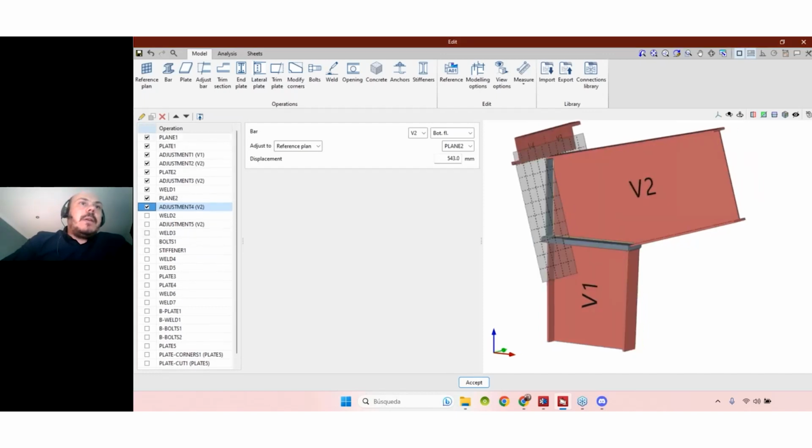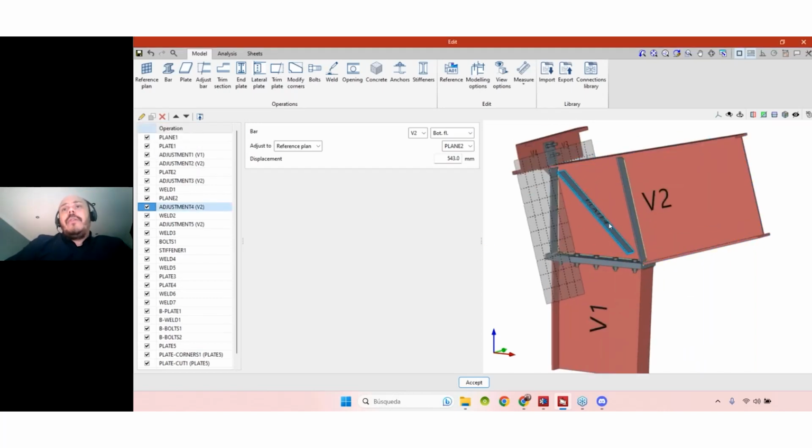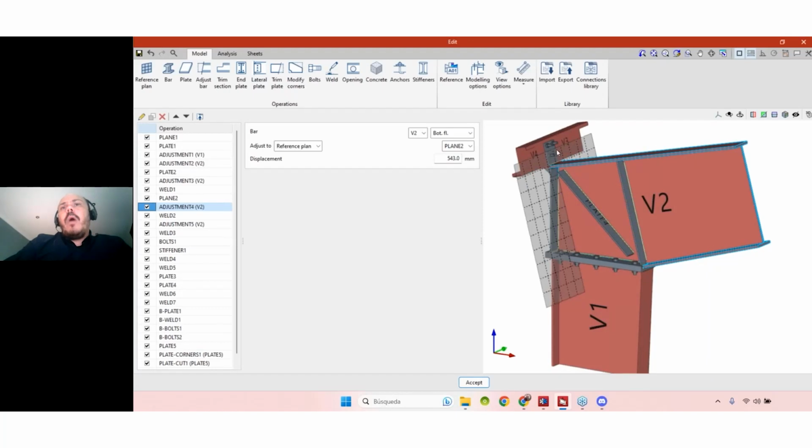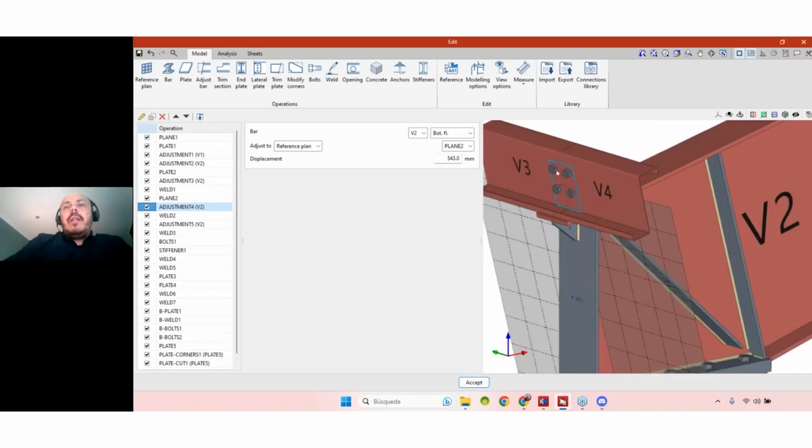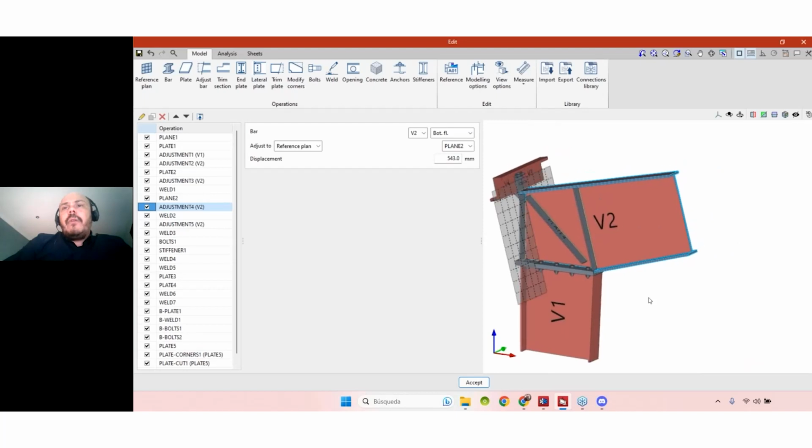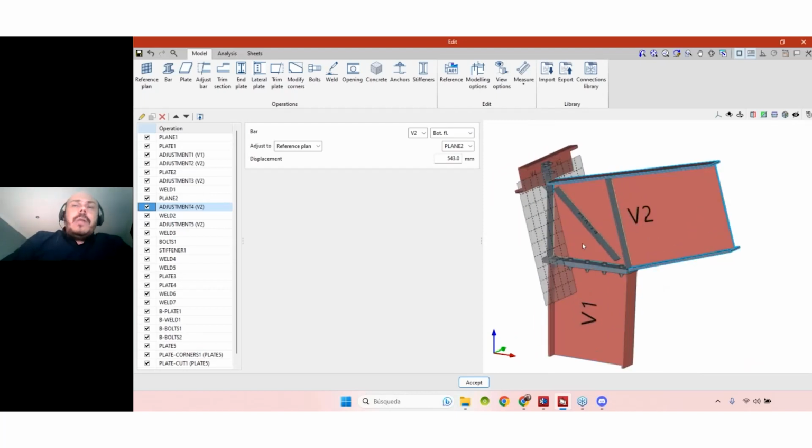I will just activate everything here to come back to the complete connection with all the stiffeners, for example, all the welds, these elements here to these little beams that we have here in the top of V2, okay? And now we have this connection. And if we want, we can export it to our library. We can create all the drawings of this connection. We also now know how much we have of each material here, because then we can export the reports, the material reports,